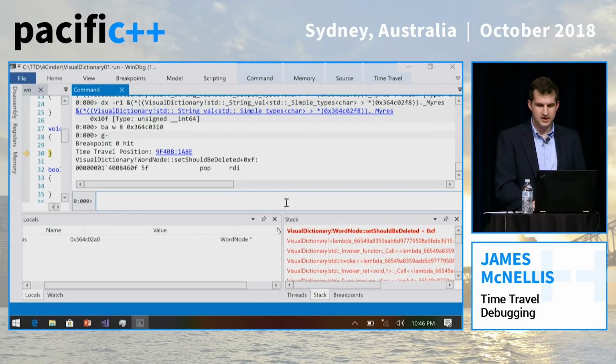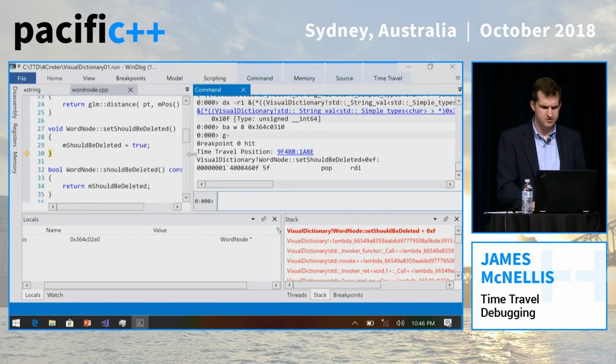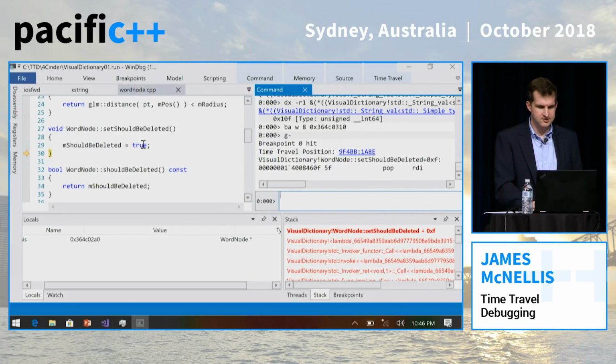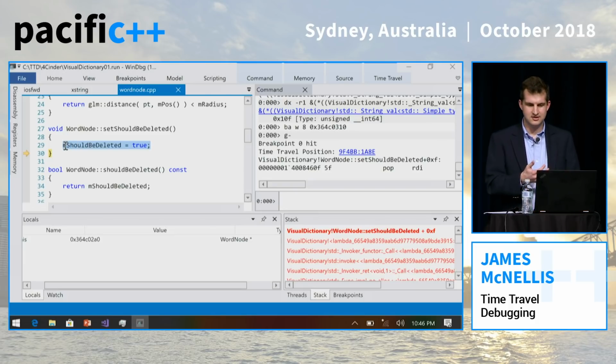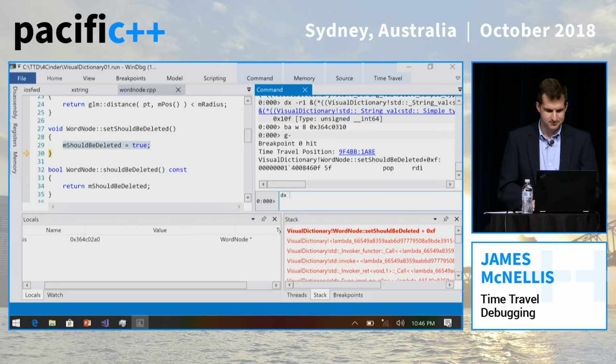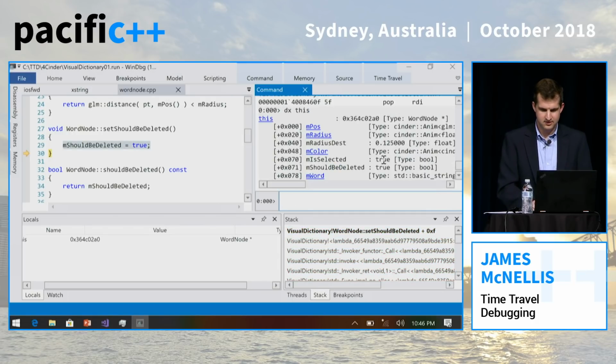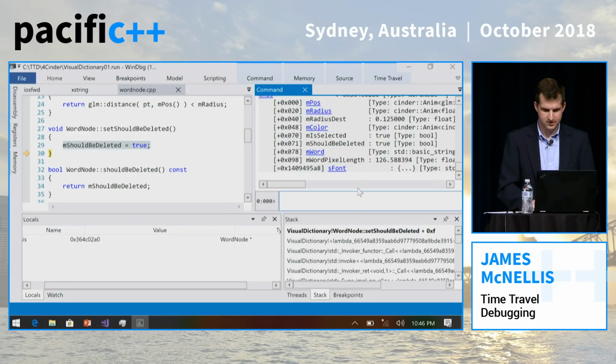And here again, we can see this is the point at which we corrupted that value. So we can look at the code in question here, and it looks like we're just setting a Boolean value, but somehow we're setting the string. That's kind of weird. So if we look at this, where this m should be deleted is